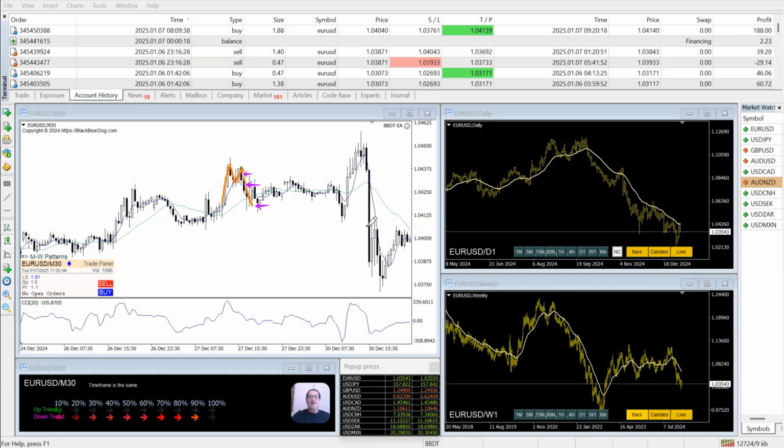Here we have a W pattern right here. And the concept is the same. By the way, this entire bar would be the start of the first leg. We would see the price coming down, hit support, bounce back up, go back down,